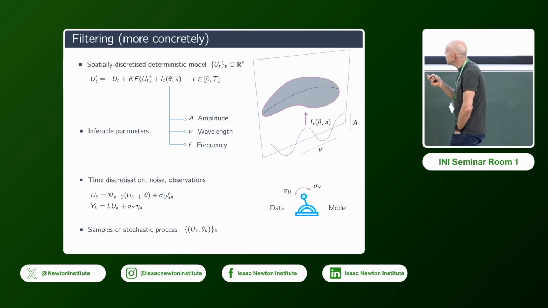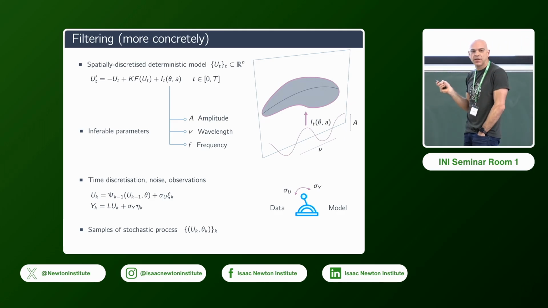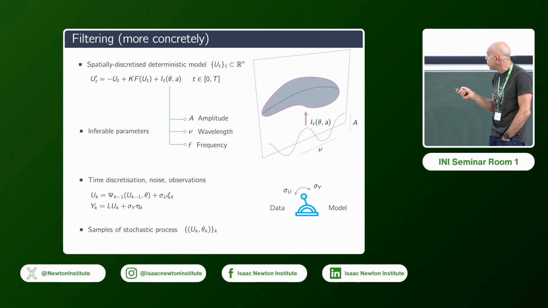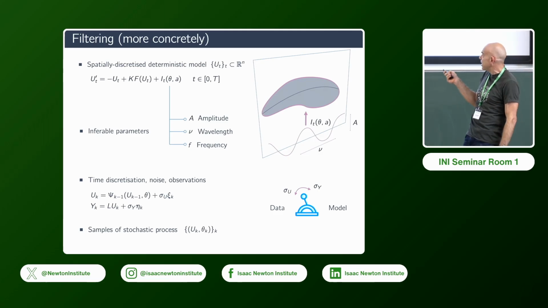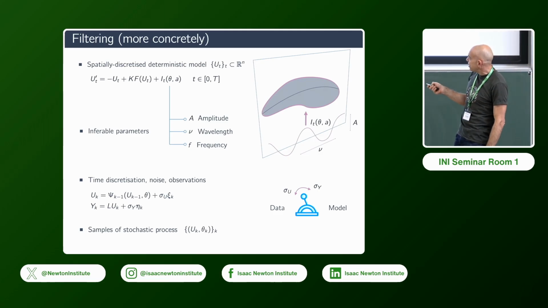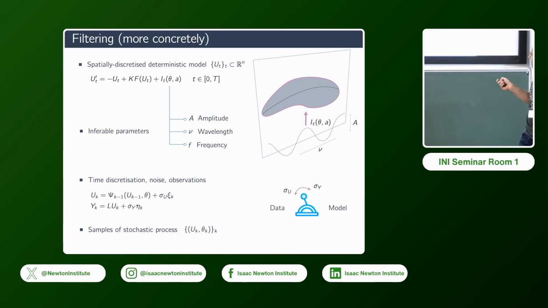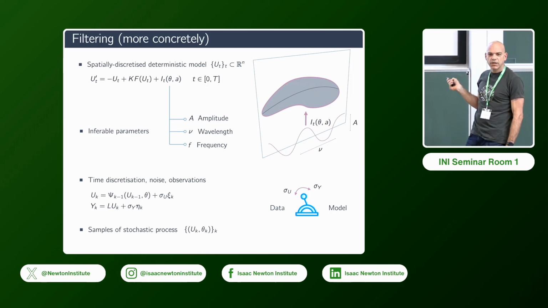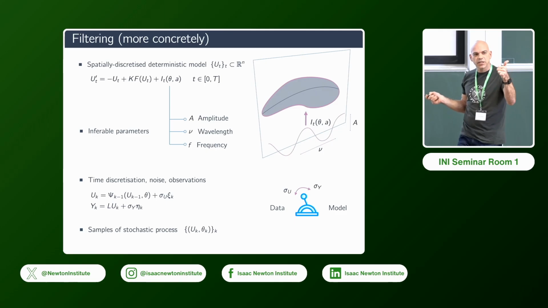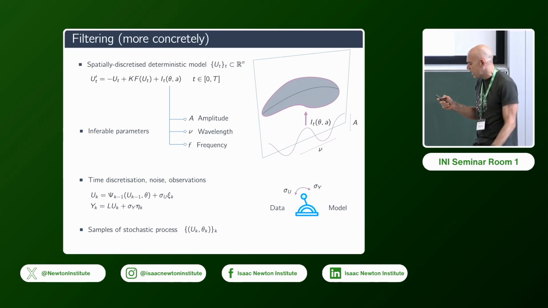One thing that I don't see much said, so I think I should stress it here, is that because the model I picked here is deterministic, I could also pick a stochastic model to start with. But here I'm picking a deterministic model. These 2 parameters help you decide whether you put your trust more in the data or in the model. So if you set sigma u large, you are mistrusting the model with respect to your data, and vice versa. So these are things that you can tune. You can repeat the analysis in this way.